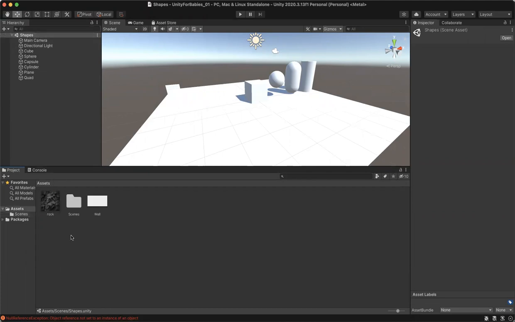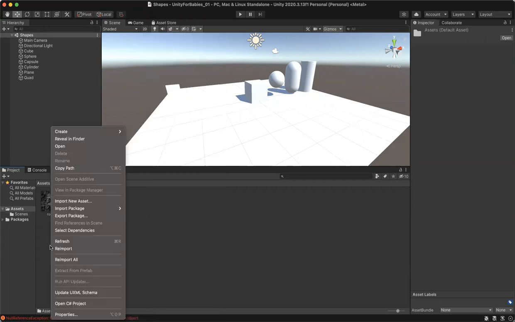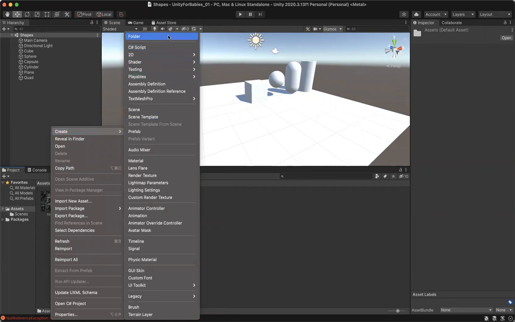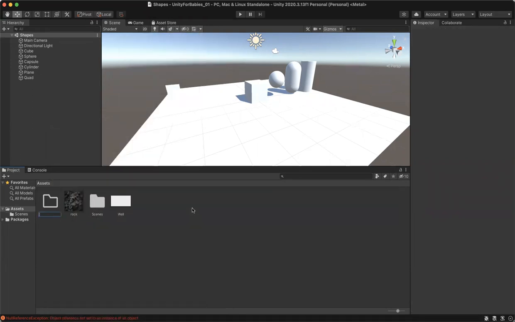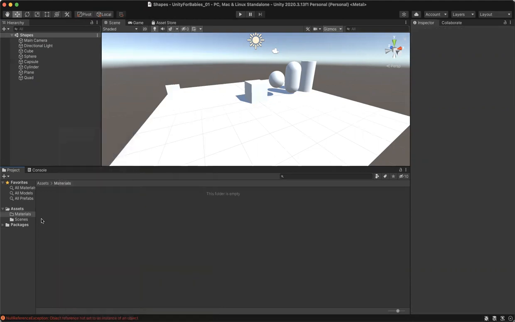And then assets. Usually we create different folders. You do right click, create folders, right? What we are going to create is to change the color of the models because white looks a little boring. So let's create a folder called materials. Okay, let's open the materials folder and right click,